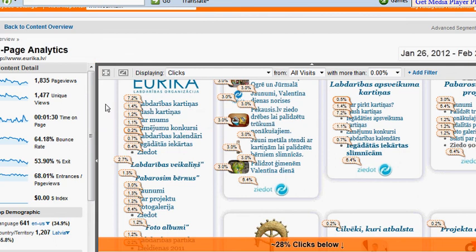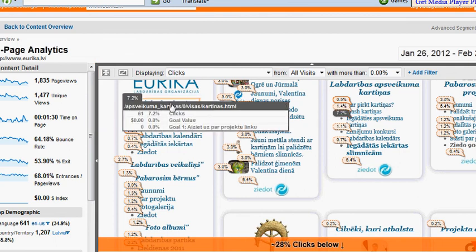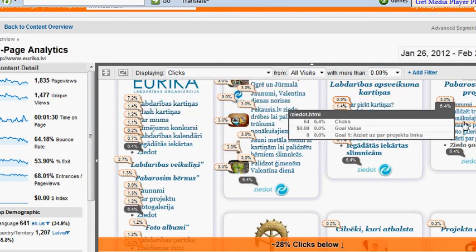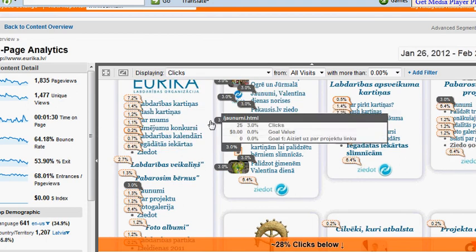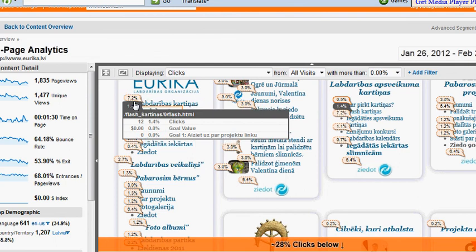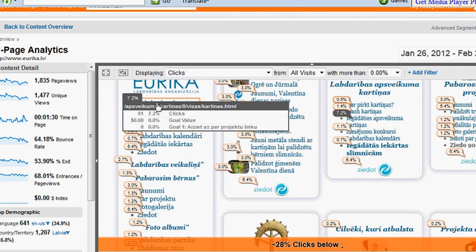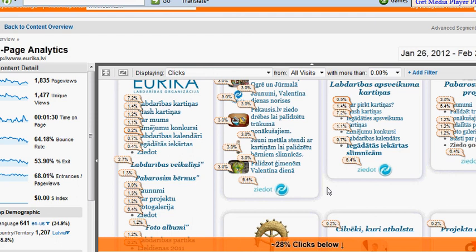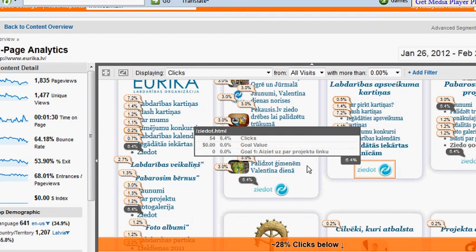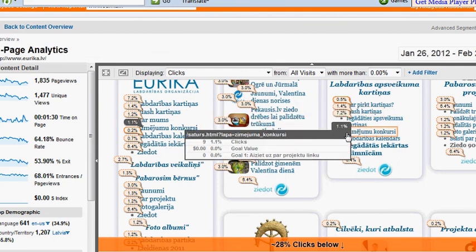It's not a very accurate measurement because it takes the link on the next page, and I have this link in many places in this web page, so it calculates the total of all these links. But it's a very great thing if you know that from this page 7.2% goes to this link, 2.7% goes to this link. So if you want to get people into the page you want to aim them,